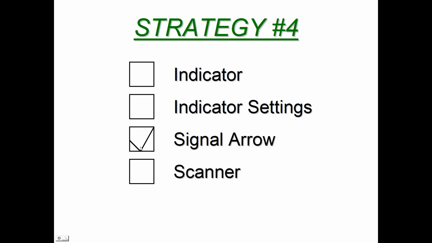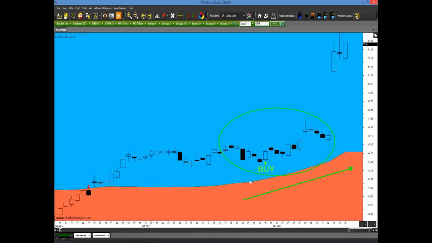These are for educational purposes only. Now remember, in the beginning, you'll have to look at this to check your work, but later on, as you become a student and you've really understood the process behind strategy 4, you won't even have to do this. You'll know automatically if a valid signal has been generated. And look at this. We have a nice upward slope, and in this area in which we wanted to find a signal, a buy signal was generated a good 2 weeks before that big upward move.